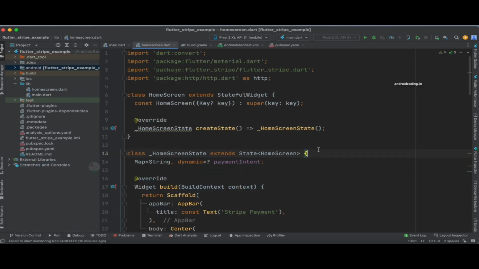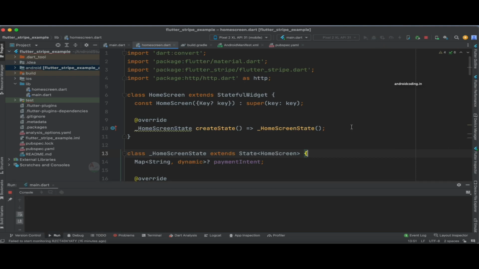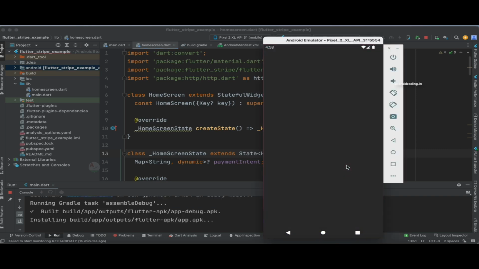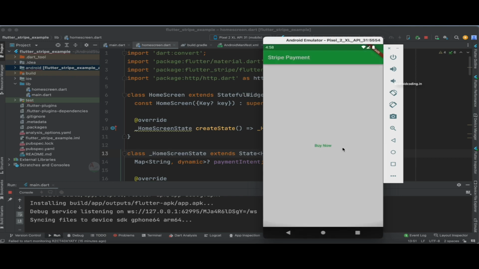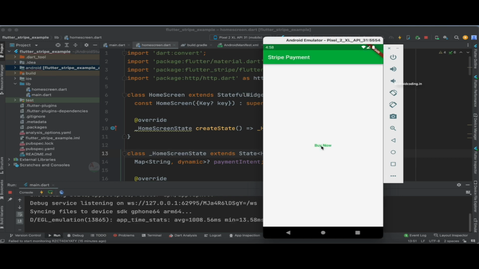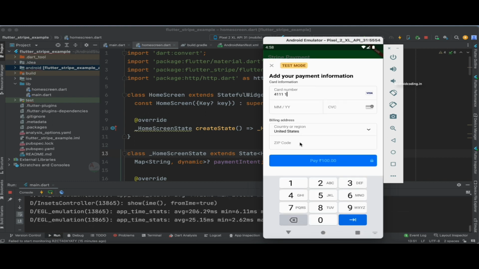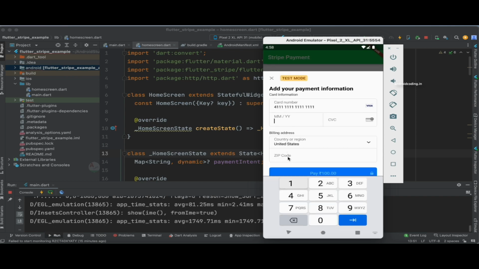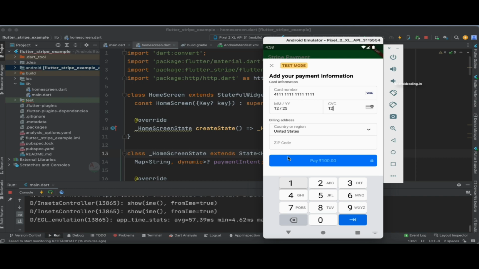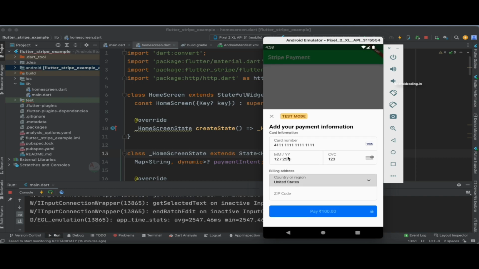And now let's try to run this particular code and try to make a payment. We have specified all the required configurations, and this time we should get a payment sheet and we need to make a payment successfully. So yes, we have got our payment sheet here, and I'm going to specify some dummy card details. This is a basic card which we mostly use for testing purposes. So I have specified month and CVC here,